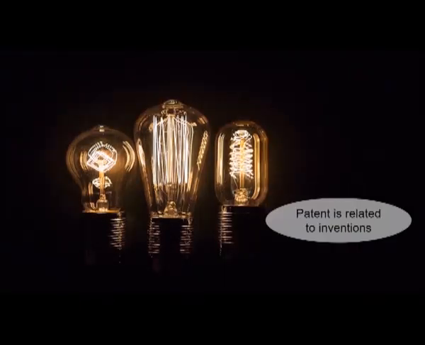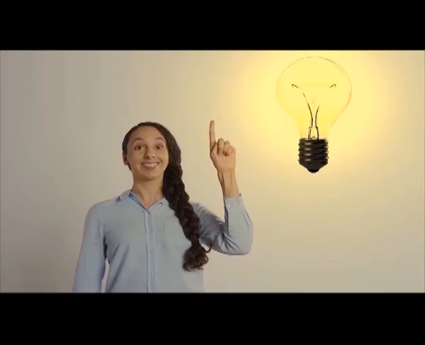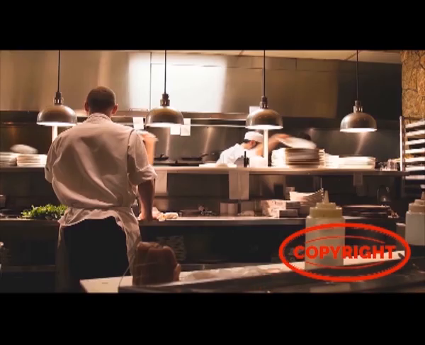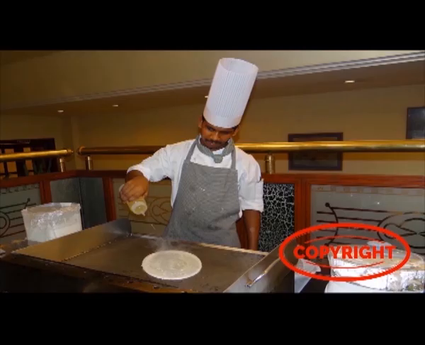We can say patent is related to inventions. So, if you are inventing a new article or a new process, even a process of making an article can be patented. Let me give an example, the process of making a dosa. If two people are making dosas in two different manners, the process of making dosa can also be patented. One person makes a dosa in a very tasty manner and he wants to get a patent for that process. So, he will get a patent for the process itself, not for the end product only, but for the process of making dosa. That is how we invent a new process,